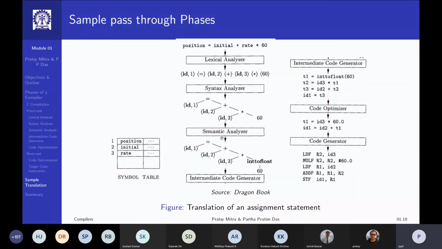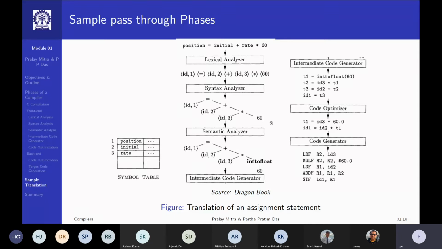Right? So this is the whole process, and this is your basic translation process shown. To start here with the lexical analyzer, you can go through and check further. And this is your token stream: position ID1, operator equal to, initial ID2, operator plus, rate ID3, operator star, literal 60. It gets into this syntax tree by the syntax analyzer, which tells you this.